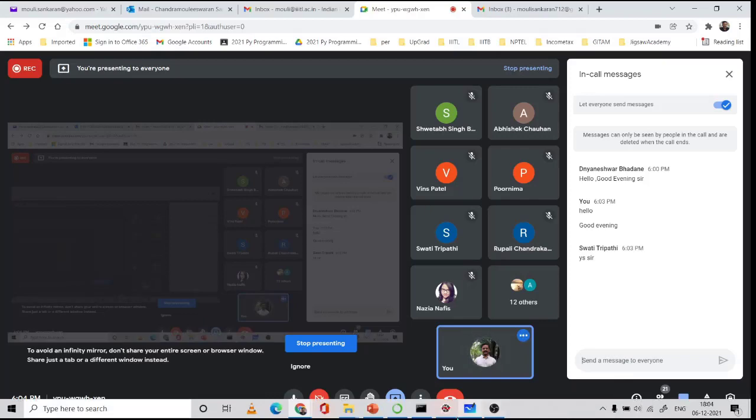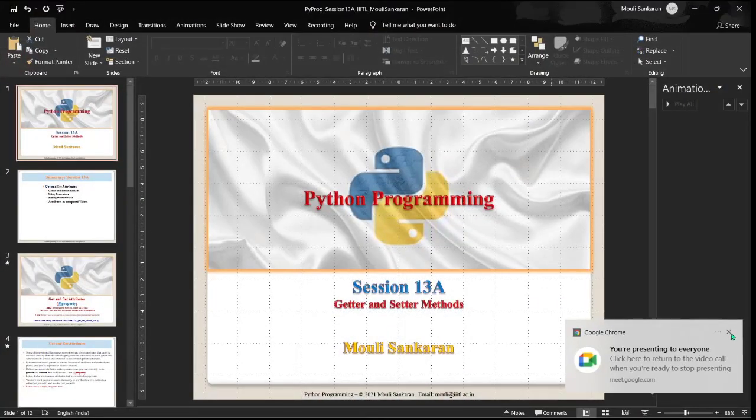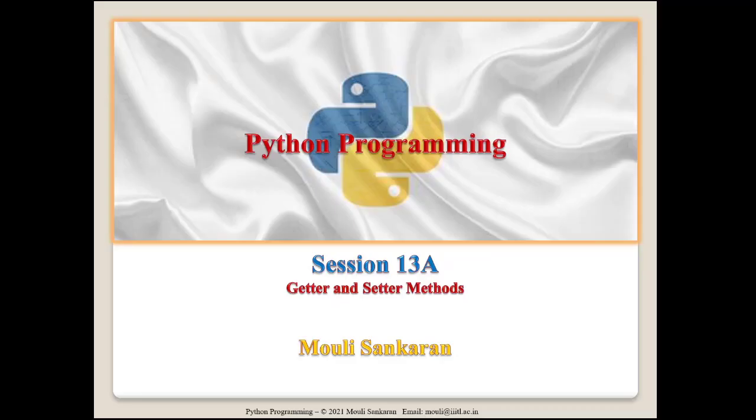So today we will see some methods which are common in C++ and other programming languages. They are getter and setter methods. Let us see how these things are implemented in Python, how we can do it. And I would like to spend a little more time going in depth on how things are happening underneath, though